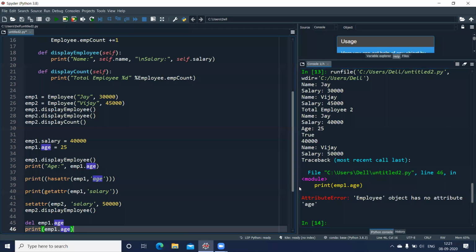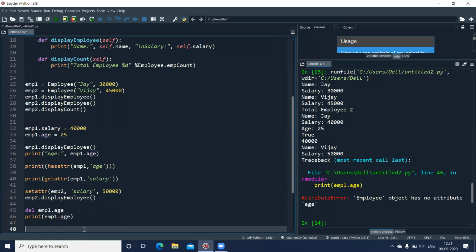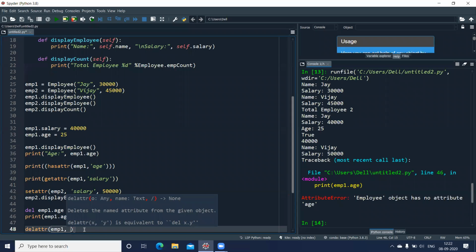Here you can see, because it was deleted, it says employee object has no attribute age. Okay, just before that I had deleted that. There's one more way of deleting your attributes, by using delattr. Give the name of the object. Let us say I want to remove salary now.